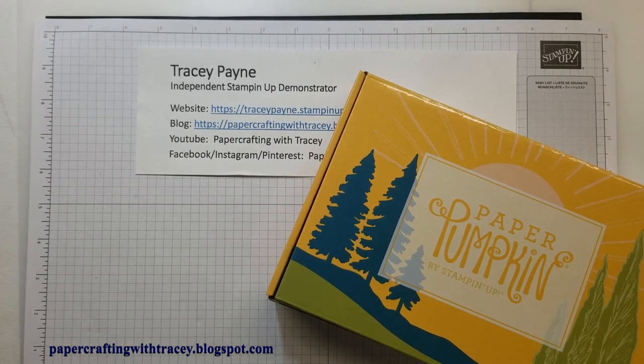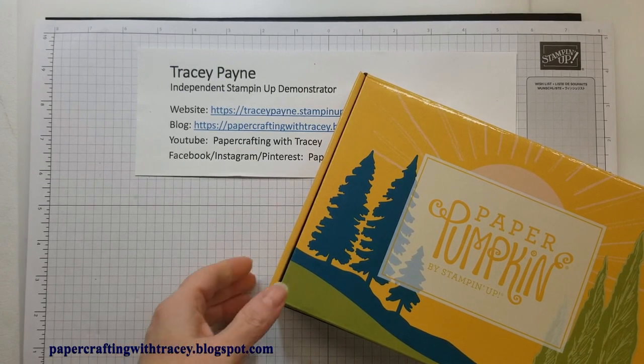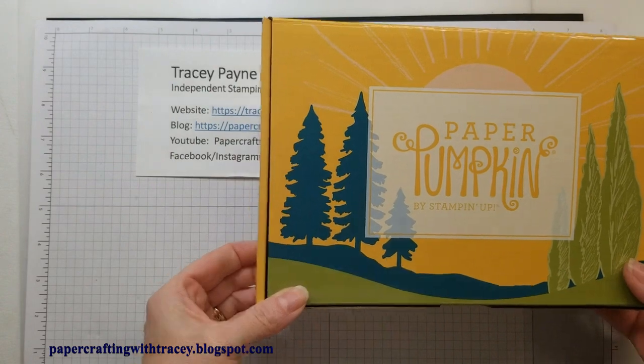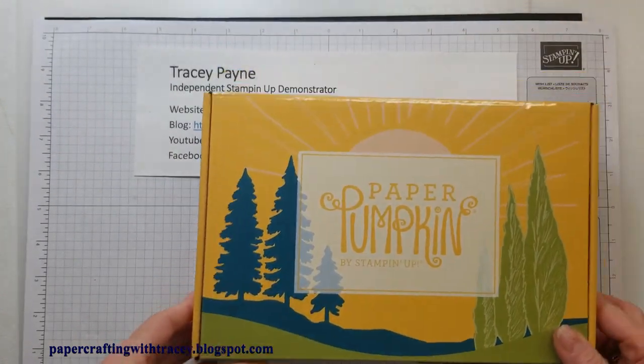Today I'm going to show you some alternatives to the March 2021 Paper Pumpkin Kit. So this was the lovely box that it came in this time, and it was called Here's to You. So when we opened it up,